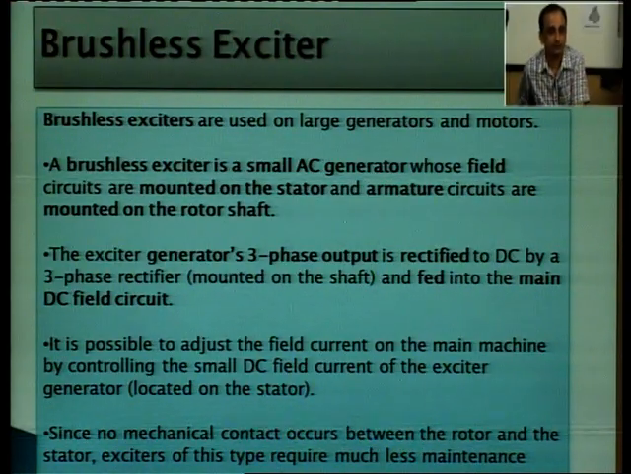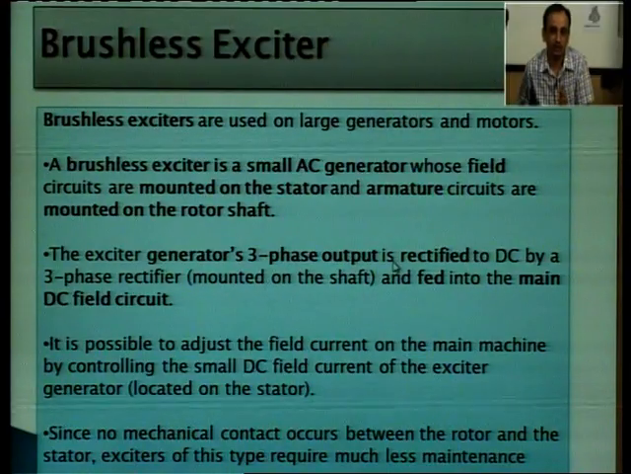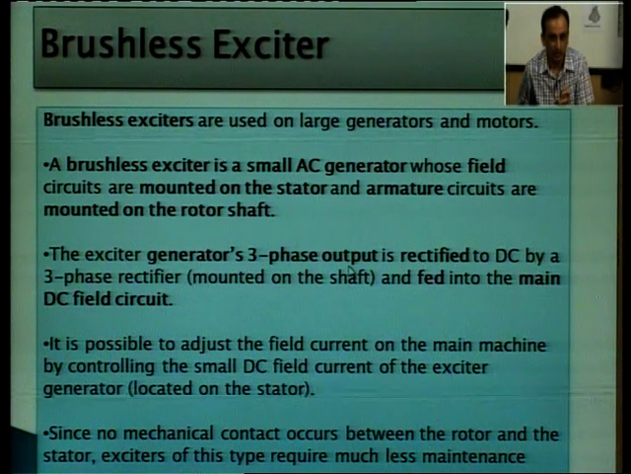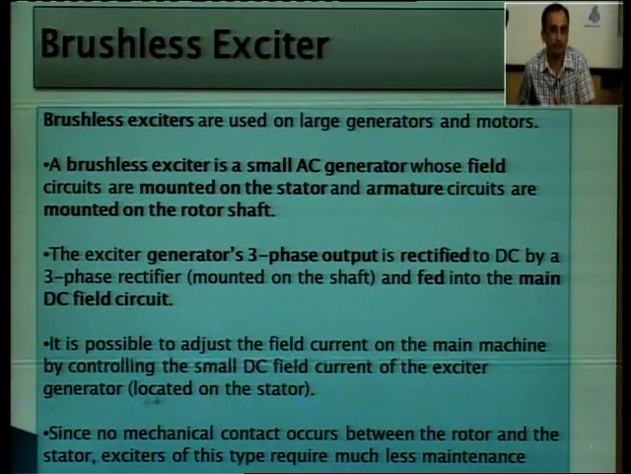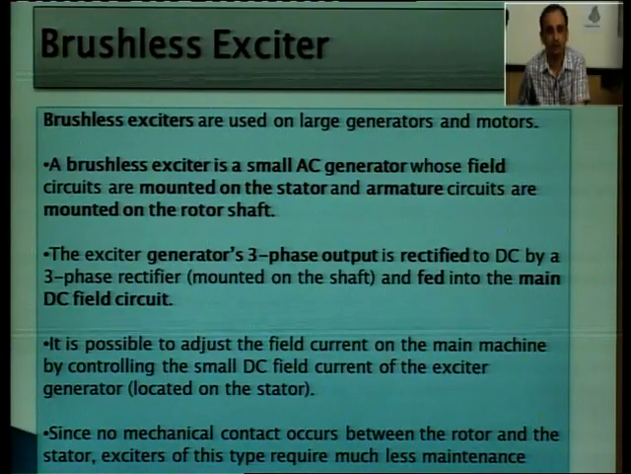The exciter generator's 3-phase output is rectified, because we need to supply DC to the rotor field. We take the AC supply, rectify it, and then supply it to the field winding. And it is possible to adjust the current on the main machine by controlling the small DC current, because I told you that we have power electronic devices nowadays. So, we can adjust the firing angle of the switching devices like thyristors, which are used for rectifying,